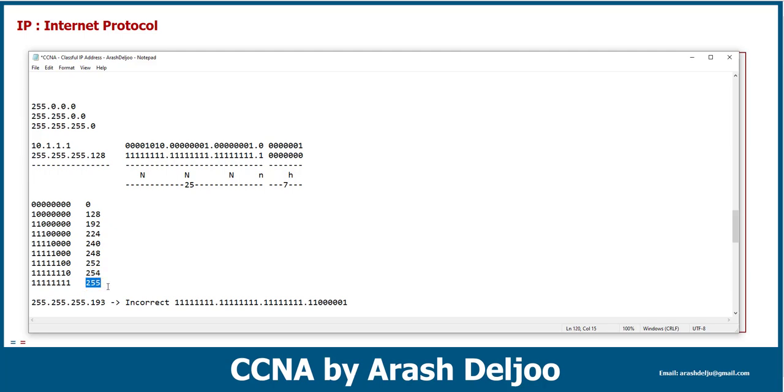You will learn about this subnet mask more than this, but let me say that until now we learned about the subnet mask and its function. The function of the subnet mask is identifying the network part and also the host part of one IP address. This is the first result. And after that we can use